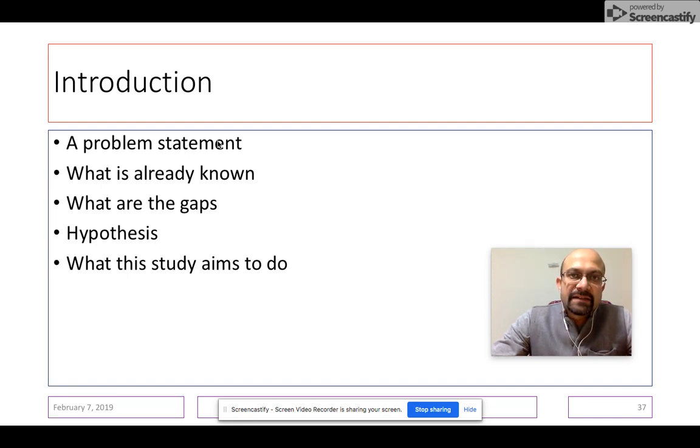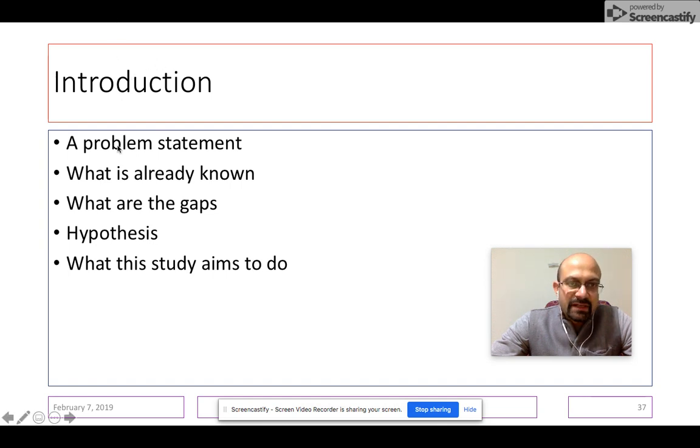What are the mortality statistics in the world? What is the morbidity statement? How does it affect the individuals? How many people it has affected? How does it impact their quality of life? How does it impact their productivity? So all this comes into the problem statement. You want to describe to the reader that the problem that you're addressing in this study is really important, and this is how you lay down the problem statement with the numbers and figures of statistics around the world, the incidence rates, the prevalence rates in the country and in the world in the first part of the introduction,